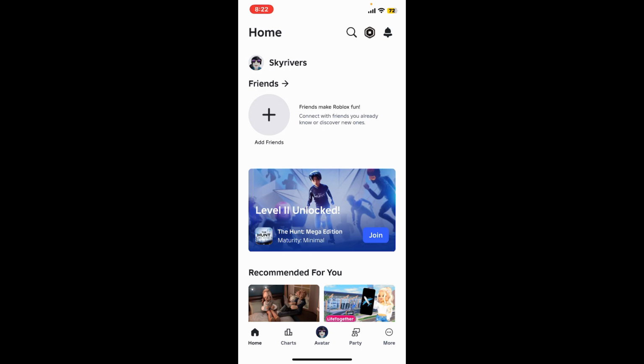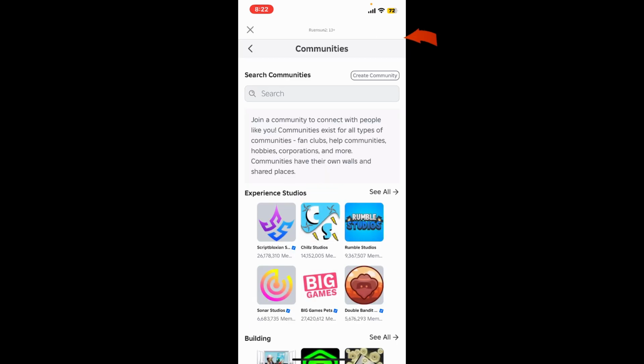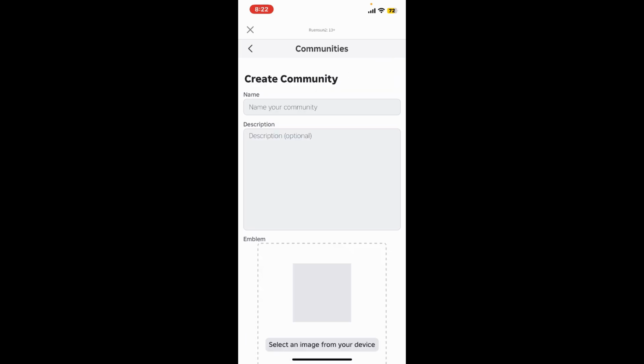From the homepage of Roblox, tap the More button at the bottom right. From the More menu, go ahead and tap on Communities. Now, you will see a little Create Community button at the top right. Simply tap on that. Go ahead and enter your community name, explain what your community is about, upload an image